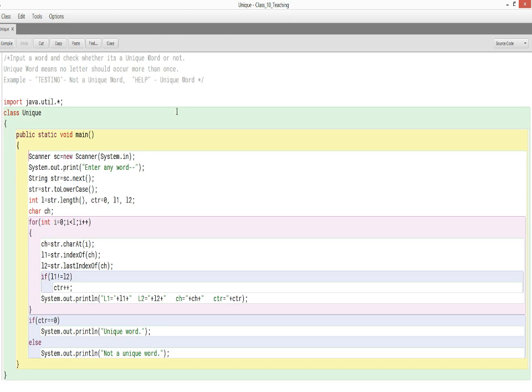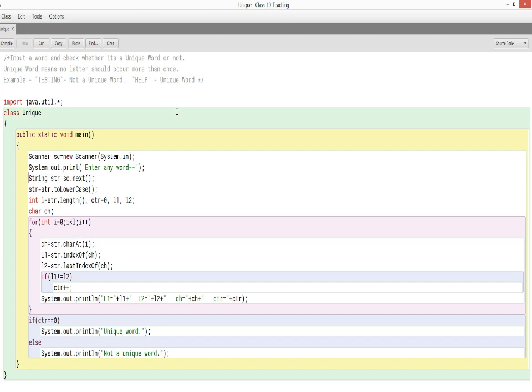Now here the command, if you follow, first one is Scanner sc equals new Scanner(System.in). As usual, the object of the scanner sc is declared. Then the message is printed on the screen, enter any word. Then String str equals sc.next.